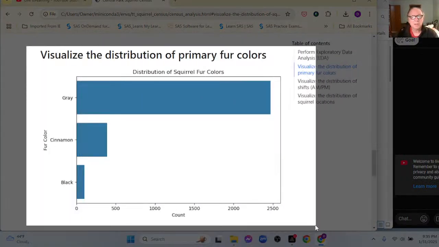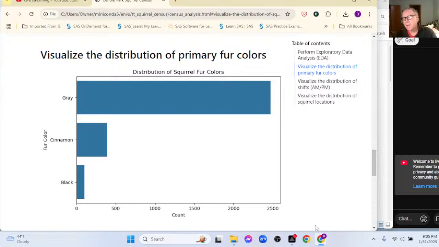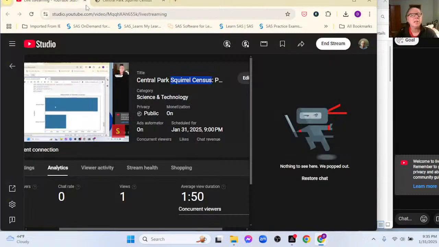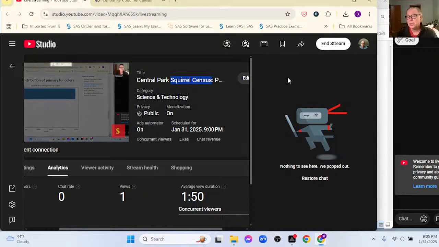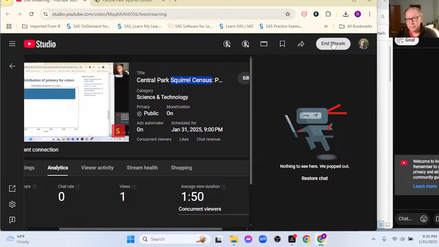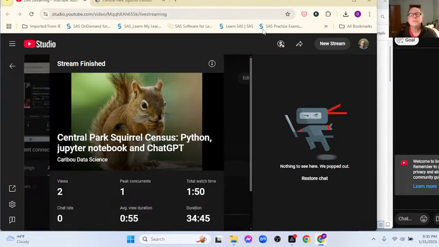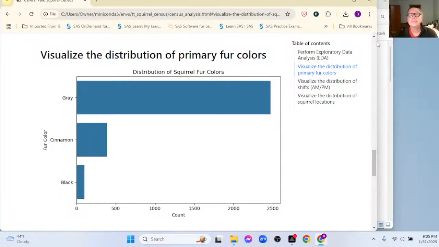Okay. Not a lot of interesting data visualizations, is there? It'd be interesting to take this and do something with the secondary color, maybe. I don't know. I'll think about that one for next time, okay? Let's do this. And there you have, my friends, a very quick walkthrough of how to do some data wrangling, and